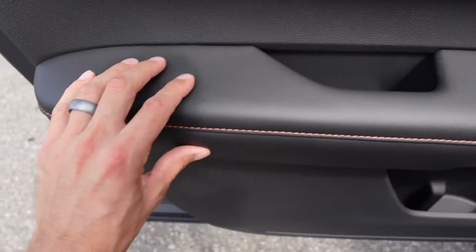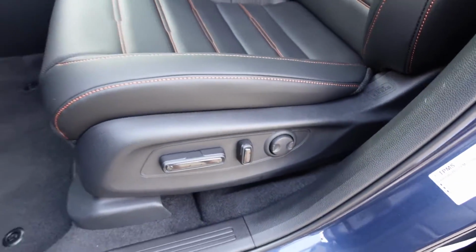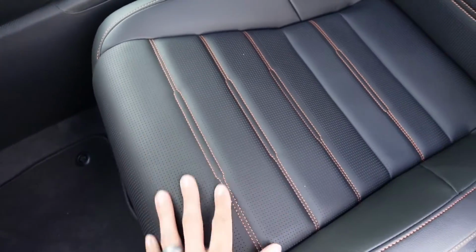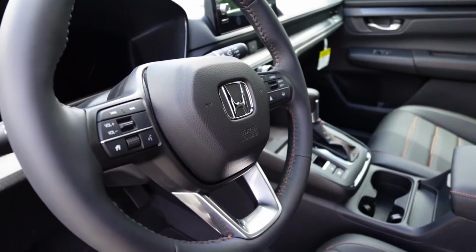Got some padding for the armrests, kind of a bronze color I'd say for the stitching. Storage down below, and then all power controls for the seats. I like the combination of the smooth leather, the color contrast stitching, and perforated leather all throughout the centers. So pretty nice looking seat, pretty comfortable as well, large headrest, and a sporty 3-spoke steering wheel with silver trim